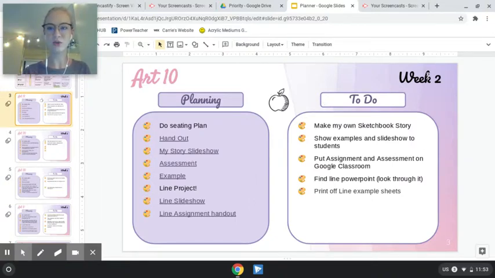Again, I have week 2 on the side here. And I have planning, and I have to do. Planning is kind of my plan for the week, specifically for this class. So I have do seating plan, and then I have handout, my story slideshow, assessment, and example. These are all links to